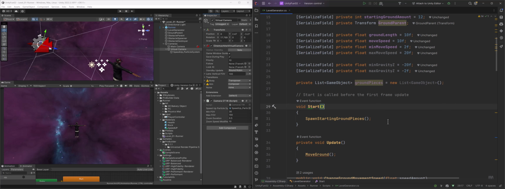All right, so now instead of using comments to let people know what we're doing, what we can do, which is pretty nice, is use things called attributes. So for example, if I type in header here, and I say, these are our variable references, and I'm going to go ahead and hit Control S to save that, and I go back in here and I select my level generator, you can see now this references pops up, and it makes it look really clean. So I can actually comment that, grab this, and just say,